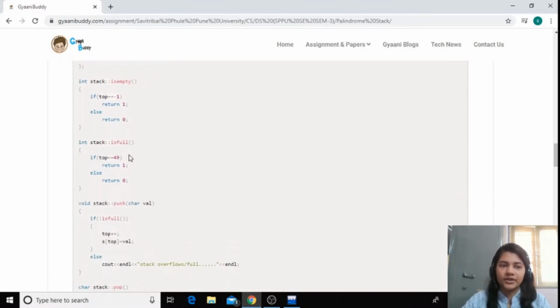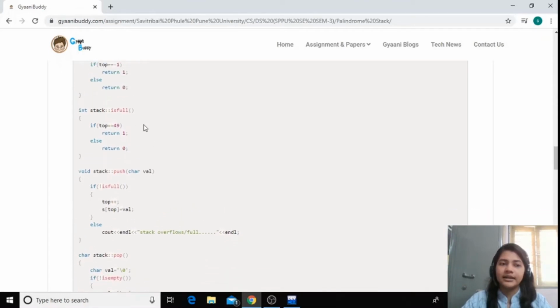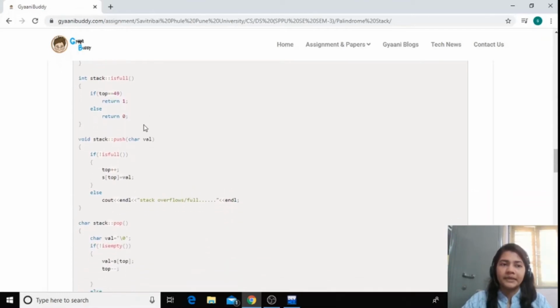So let's move forward. As we have discussed, isEmpty is the underflow condition, okay. So if top is -1, then we have to return 1, that is the stack is empty, and it returns 0 when the stack is not empty, that is, it contains at least one element, okay. And isFull is the overflow condition.